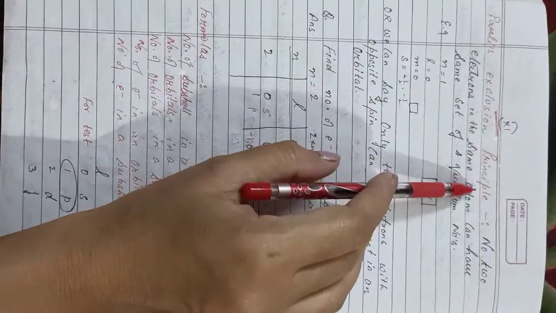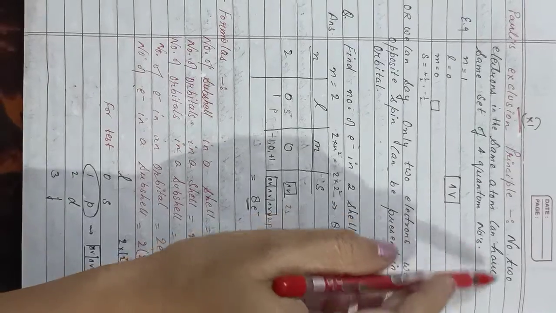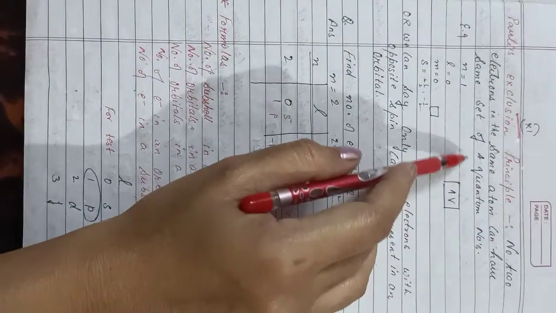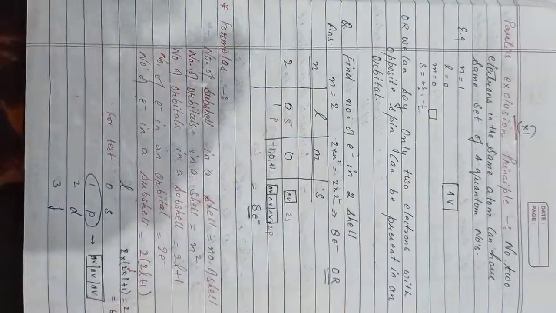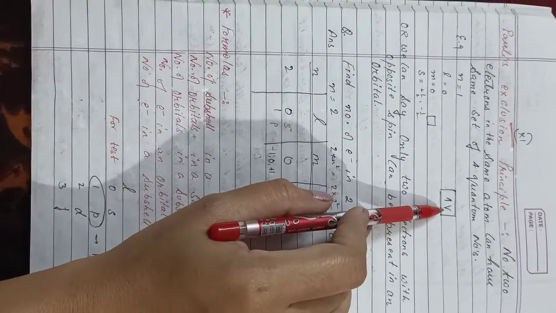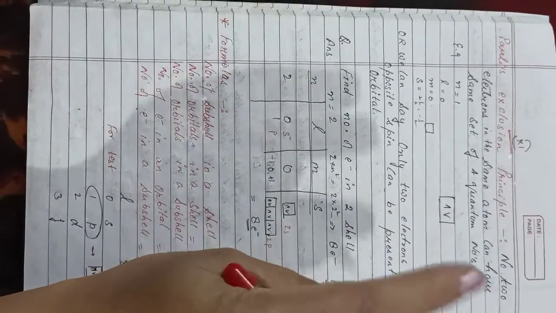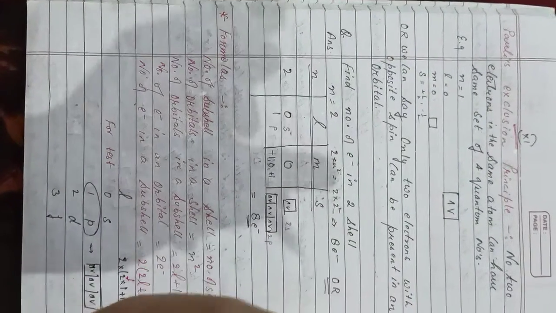Okay, understood? So we have completed this. After this, next I have started the Pauli's exclusion principle. So in the Pauli exclusion principle, what is that? No two electrons in the same atom can have the same set of 4 quantum numbers. They are saying if one orbital is there, one electron is clockwise and the other electron is anti-clockwise. So what they are saying, no two electrons means the same electrons will not have the same quantum numbers.